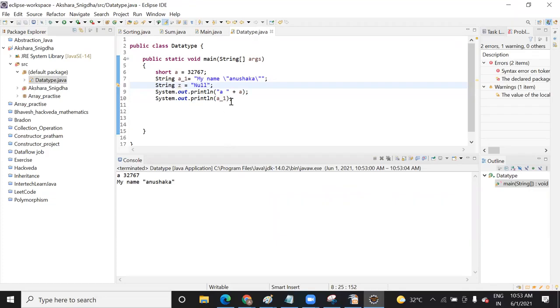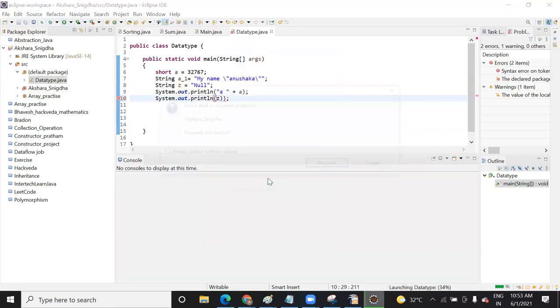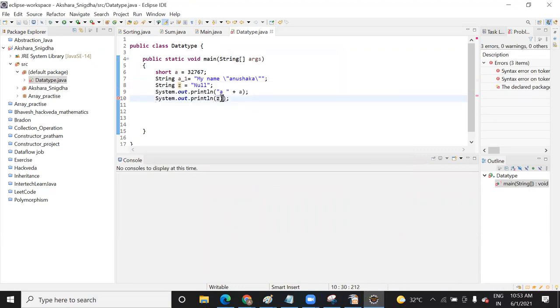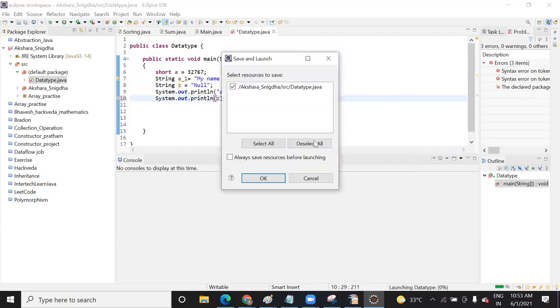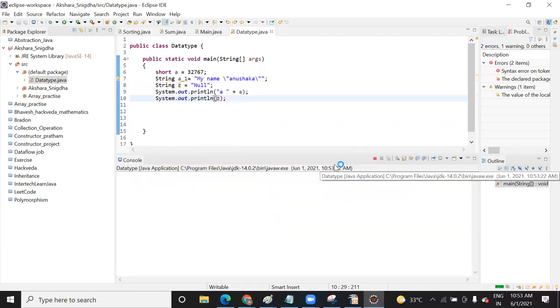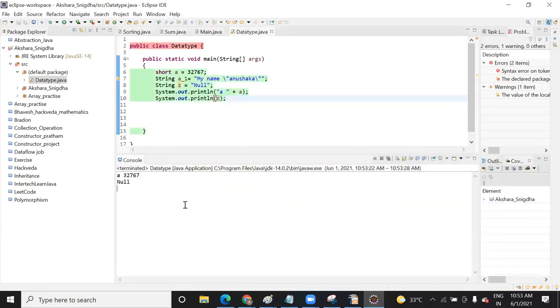Oh, sorry, I have not printed yet. Okay, sorry. I think double. Yeah, it's now printing, right.